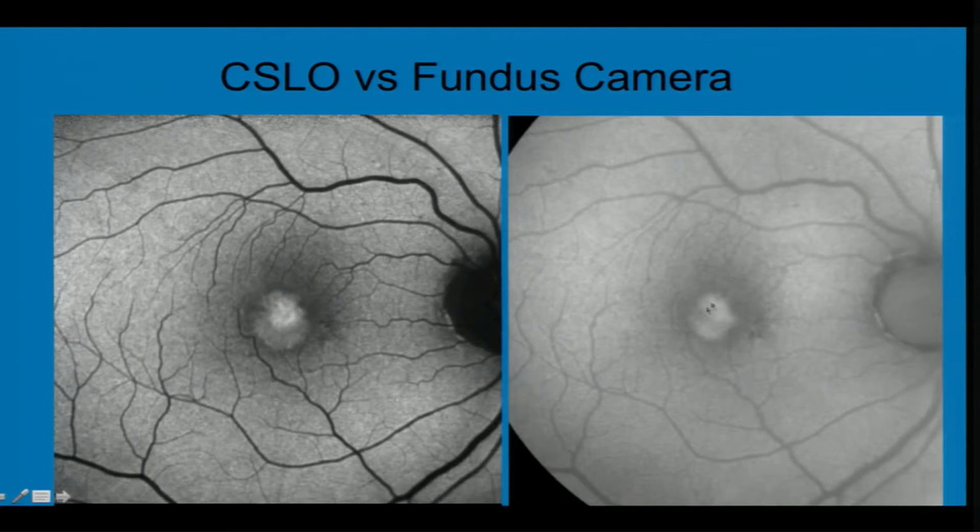This is the same patient with AF, adult form of vitelliform dystrophy. We can see a deposition which is much better seen on a CSLO image as compared to a traditional fundus camera, where the contrast is much lower. Also, because the contrast is lower, these machines try to increase the brightness, because of which the disc also becomes slightly bright. So the hyperfluorescent material is much better seen on the CSLO, and the disc can be a little whitish on